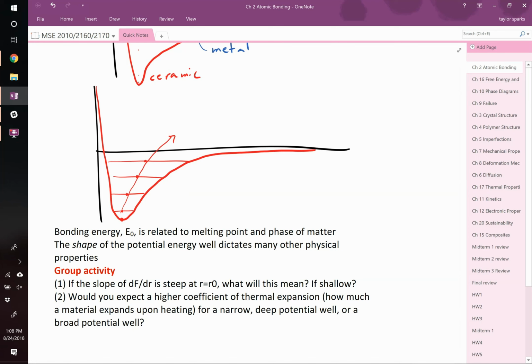The reason why you get a thermal expansion is because this potential well that I've drawn is not symmetric. It's asymmetric. One side is a little bit flatter, the other side's a little bit steeper. And that means as you heat it up, the average position scooches over a little bit. Now, the asymmetry of the potential well, you want to write this down. The asymmetry of the potential well,